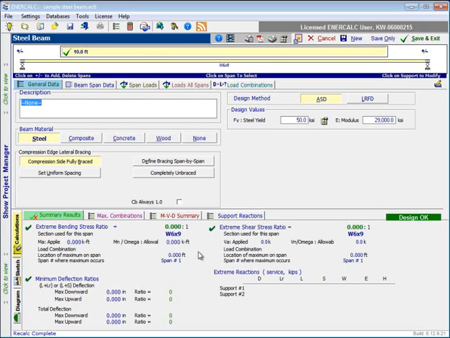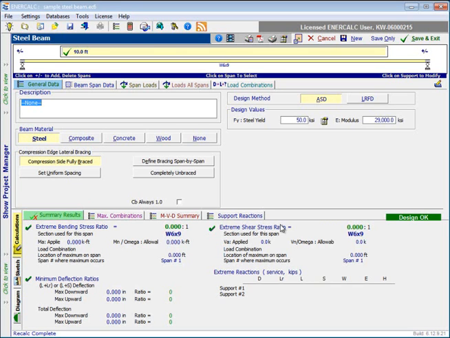The last thing that I'd like to point out is down at the extreme bottom of the screen, and this is the area that we refer to as the status bar. Right now it just indicates recalc complete, and then at the right hand side it indicates my current build number. I just like to point that out because there are times during the modeling, analysis, and design process where the program will be communicating with the user some sort of information, like for example it may be telling us that we don't have any section